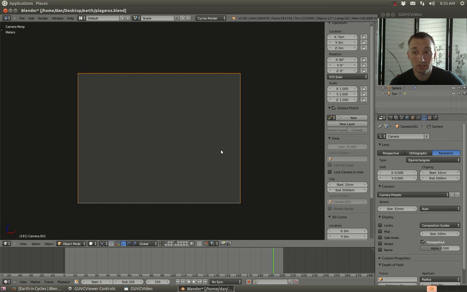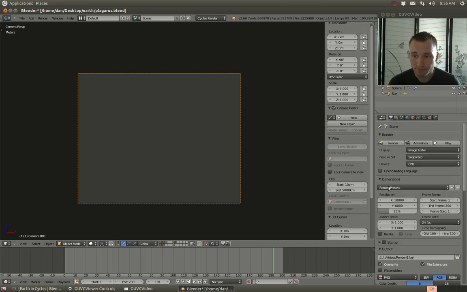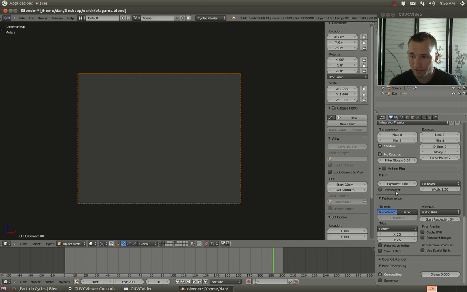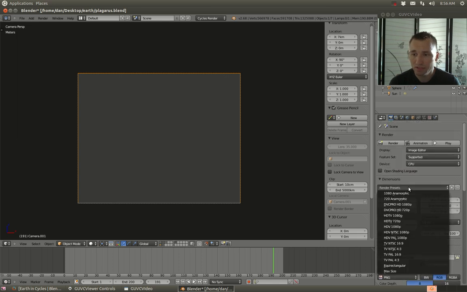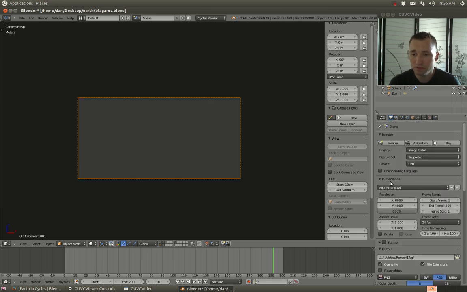Now, you'll notice nothing changed. That's because in equirectangular, it doesn't work yet. You're not going to get what you want yet. So, equirectangular. All the settings should be correct on the model, except you want to create an equirectangular setup for